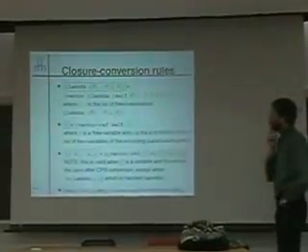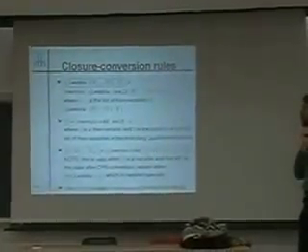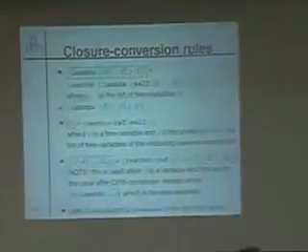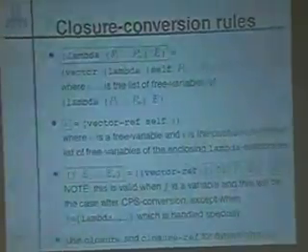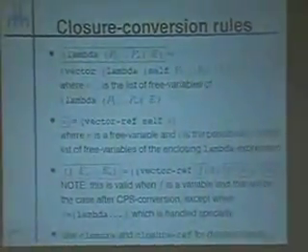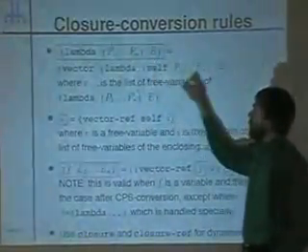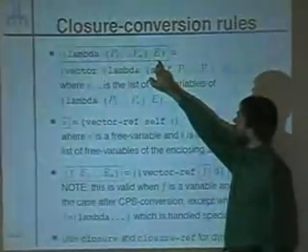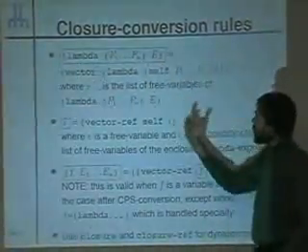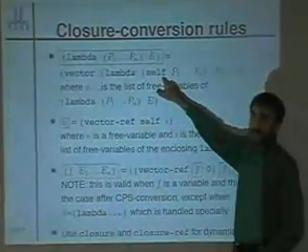So here are the rules for doing closure conversion. There are 3 rules, and I've expressed the rules in the following way. When you have code that's within a box, it means this is code that hasn't been converted yet. And this means the conversion of this code is equal to this code that we have here. So if we're closure converting a lambda expression, we add a self parameter,